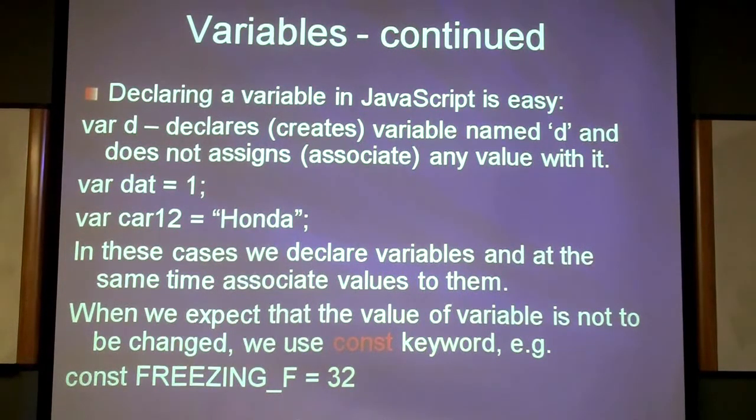So next thing which I can do, I can create another variable. Essentially, JavaScript allows you to create as many variables as you need, or even more than that. This is another example when I create a variable which I call car12. Maybe it's car number 12, maybe it's parking lot number 12, who knows. But I assign the value Honda.